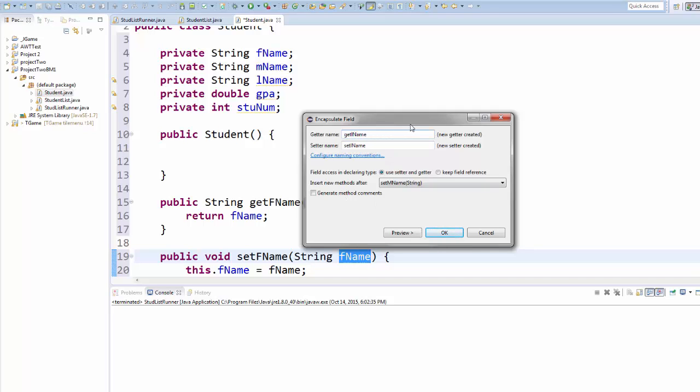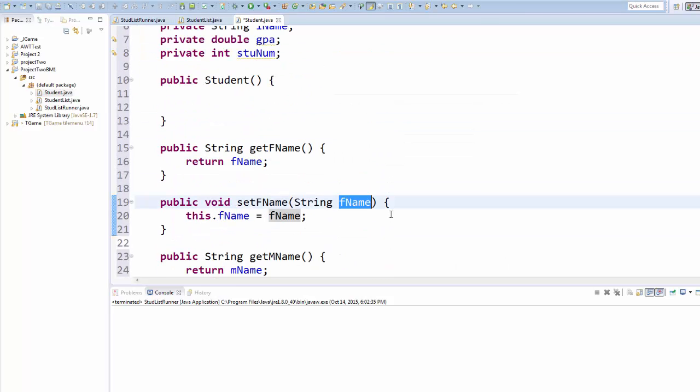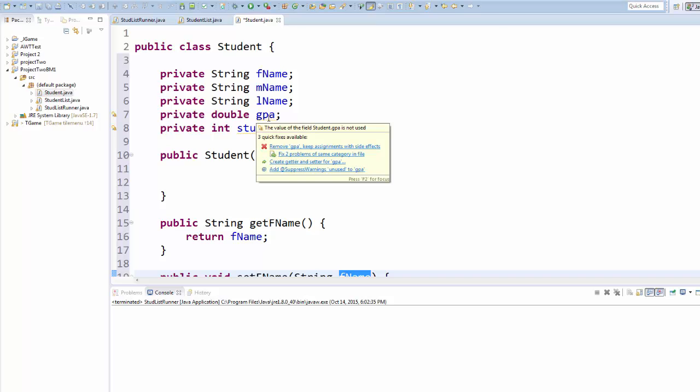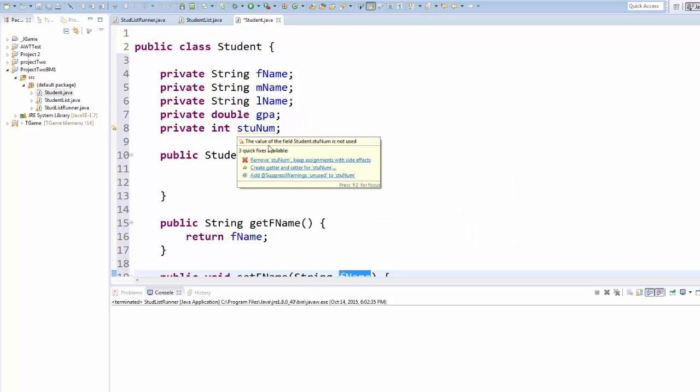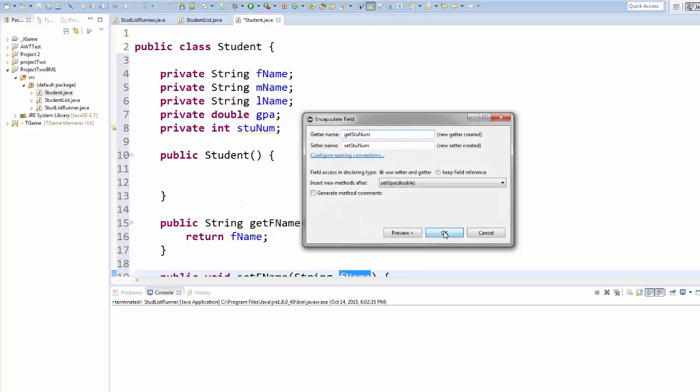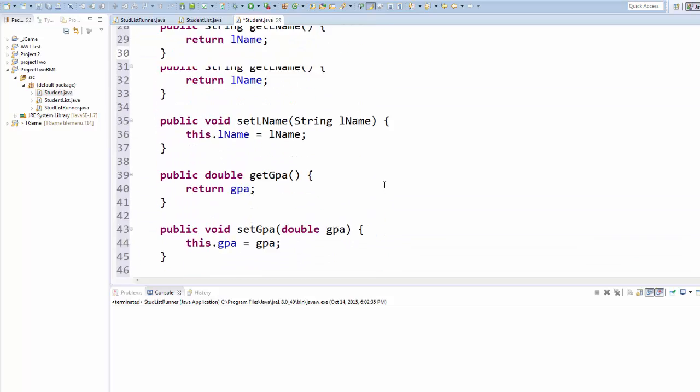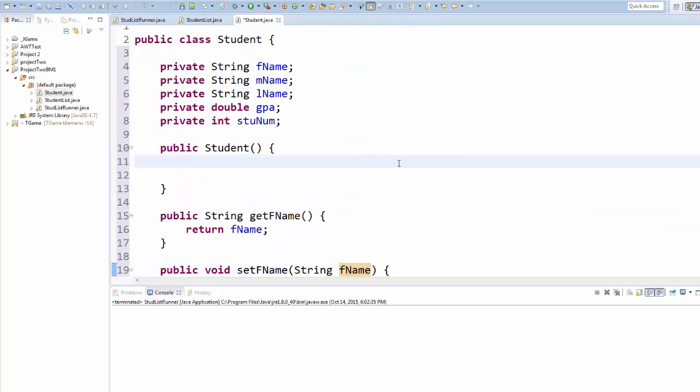I'll do a capital L, so we'll make it camel case, and we'll do capital L here, and get and set L name. So those are all created for me, and the last two are GPA, so I will create that one. Okay, that looks good. And I'm going to create the getters and setters for this one. Okay, that looks good. So all of that is done, and now all I have to do is initialize these